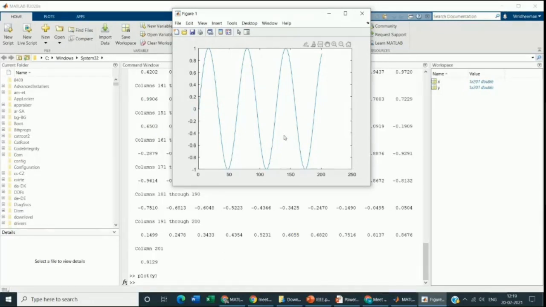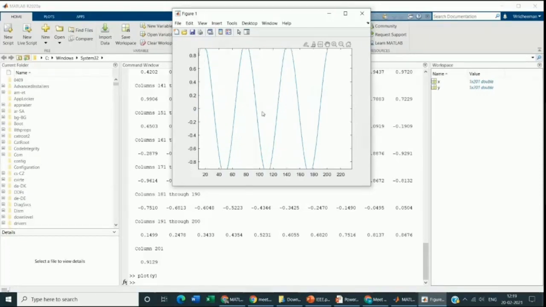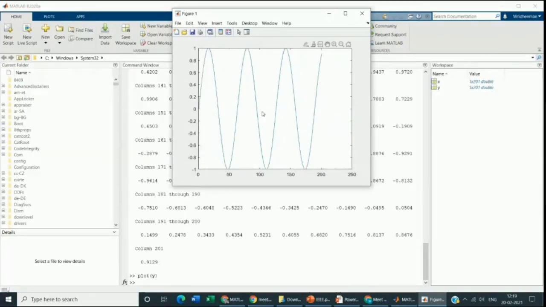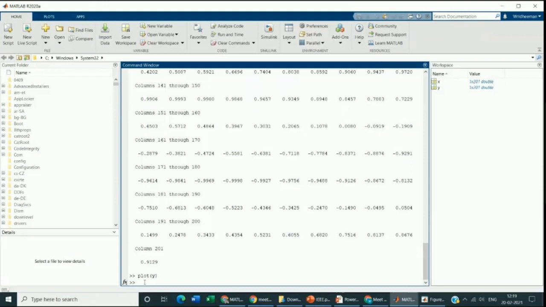As you all can see, by taking the inputs and plotting the sine graph, we are getting this waveform. We can zoom in and zoom out in this graph. We can also label the graphs and give them a title. For example, if we give X label,